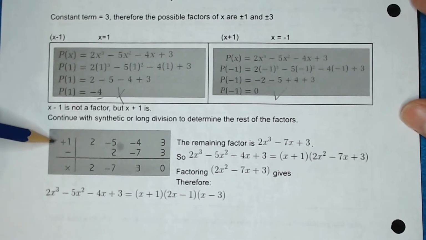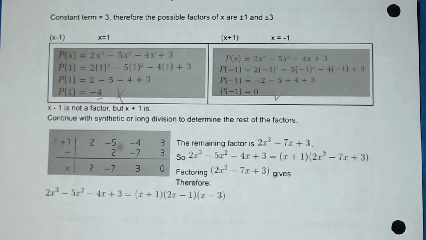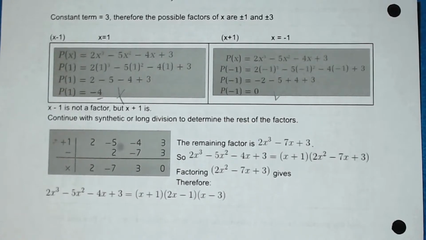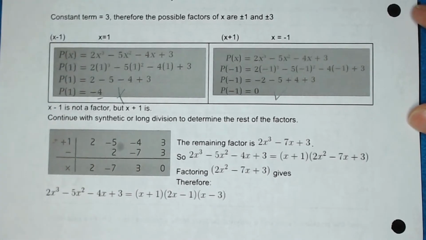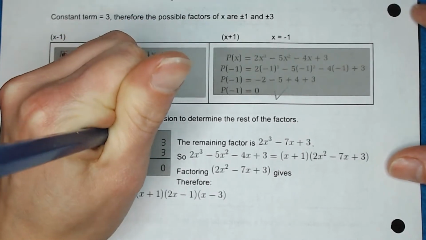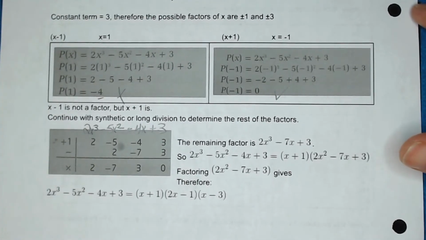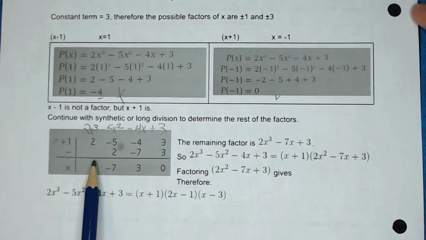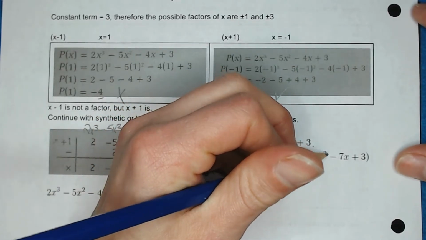Now that we know that x plus 1 is a factor, we can go ahead and use synthetic division to figure out the other factors. You will list out the original function. Of course, it was 2x cubed minus 5x squared minus 4x plus 3. And from there, you can use that synthetic division to quickly sort out what is the other polynomial that we're working with. So once you've done this, you will come out with x plus 1 times 2x squared minus 7x